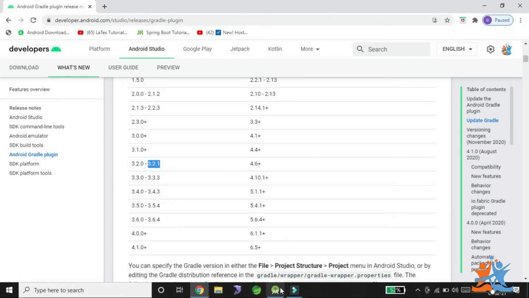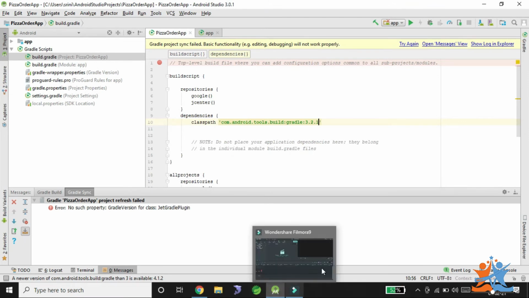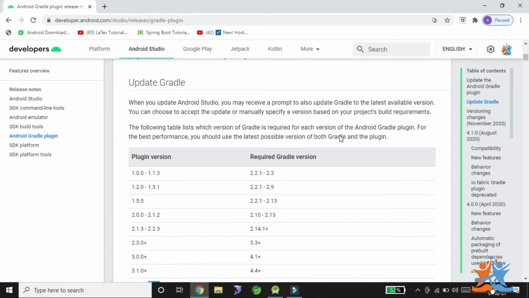Where do I need to change and where do I need to place it? Here I need to replace that one with 3.2.1. Then where is the required Gradle version?